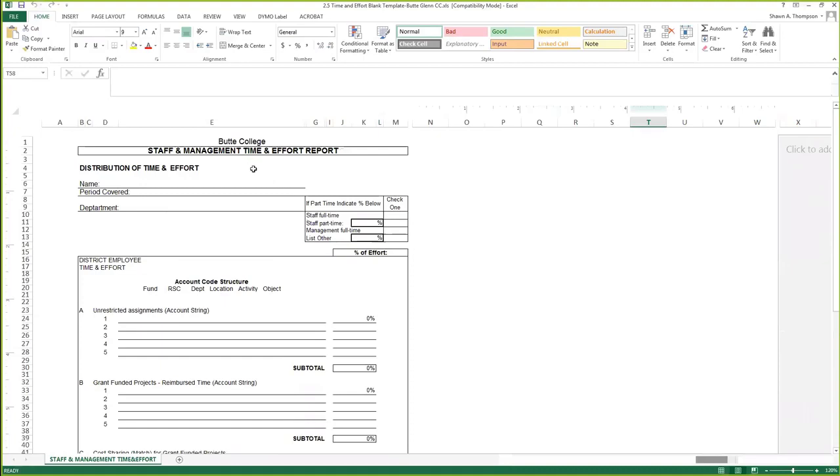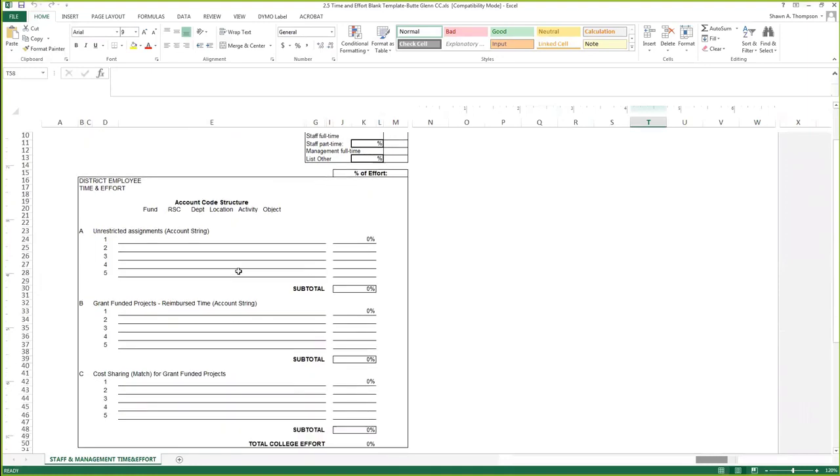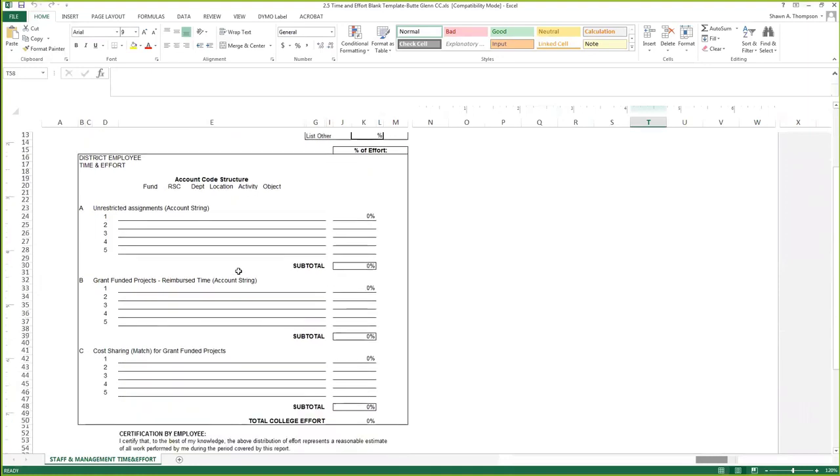So here's Butte College, staff time and effort reporting. So the name, the period covered, and an option of if part-time, indicate the percentage below. District employee time and effort. So we have the account code structure here,